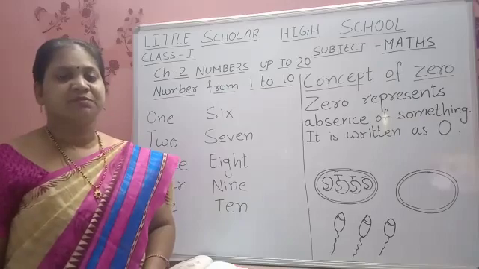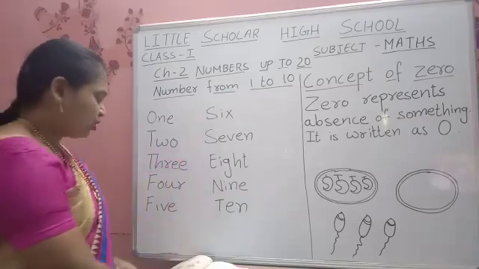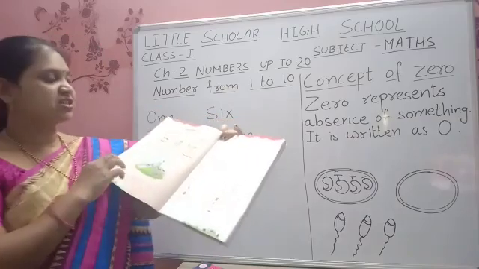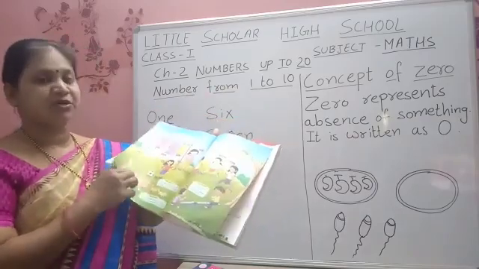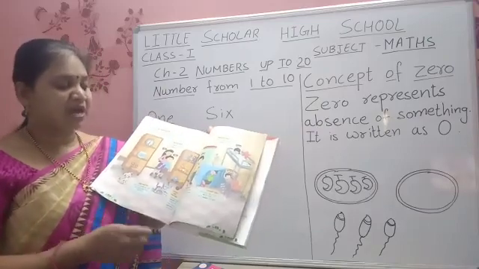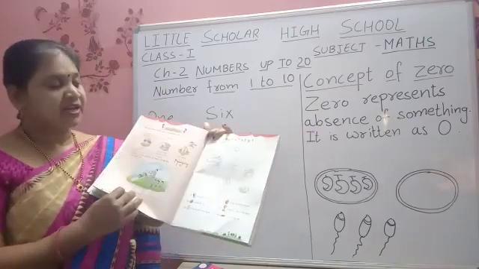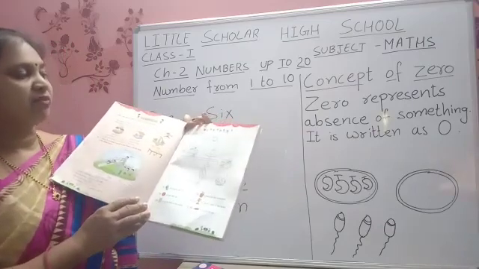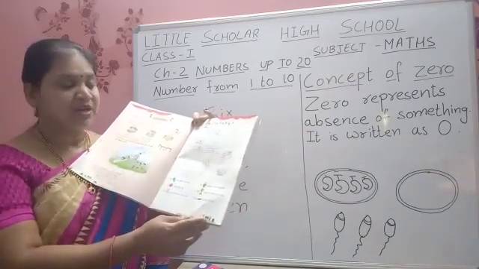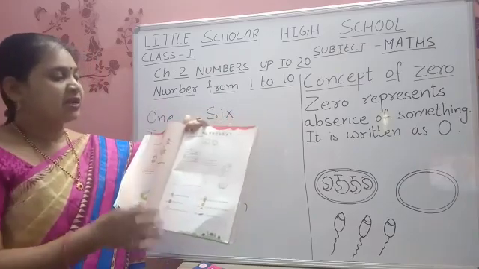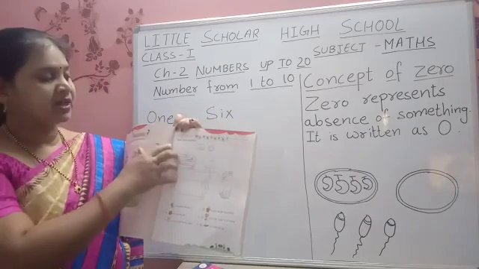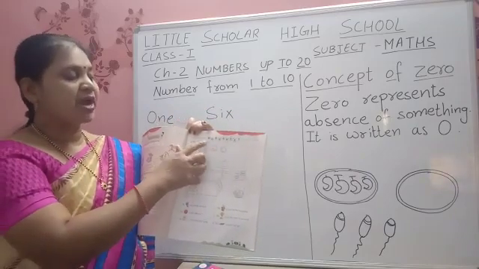Class 1 subject maths. So now open your textbook, page number 15, children. In the first chapter we have already completed all this: up and down, above, below, behind, in front. Now open your worksheet, page number 15. See, in this, read, draw and color. What is given? You should read, draw and color.